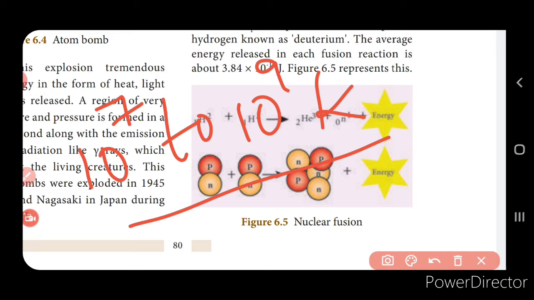Now, if you see, the hydrogen bomb is based on the principle of nuclear fusion, while the atom bomb, we said, is based on nuclear fission, isn't it? While the hydrogen bomb is the nuclear fusion reaction. That is, the hydrogen bomb will always be designed so that a high temperature is created, and the pressure that is required for the fusion reaction to take place, to explode, isn't it?